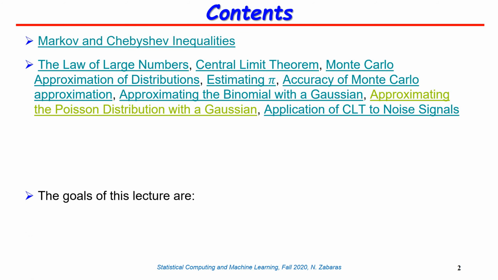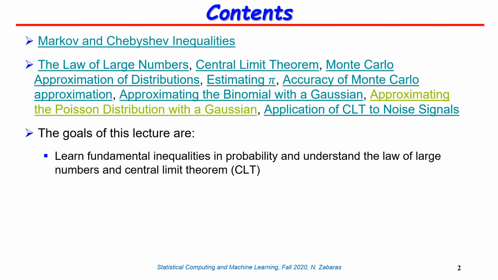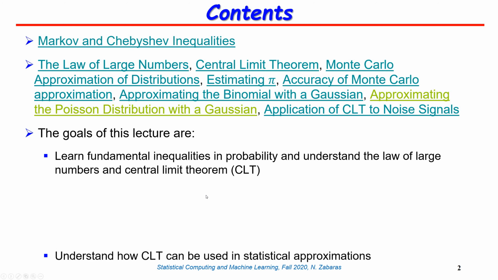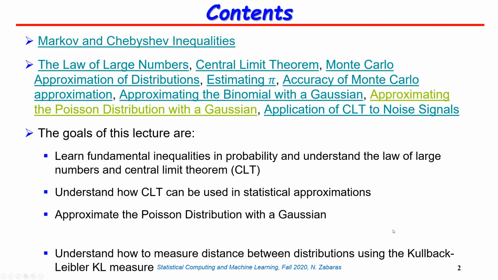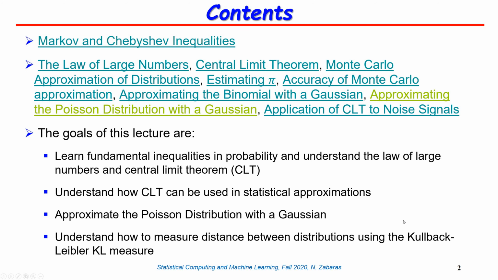Okay, so the goals for today's lecture are to learn a few fundamental inequalities in probability and understand the laws of large numbers and also the Central Limit Theorem. I want you to learn how to use the CLT to do statistical approximations, and certainly I will give you an example, as I mentioned, on integration. We will see an example of approximating the Poisson distribution with a Gaussian,